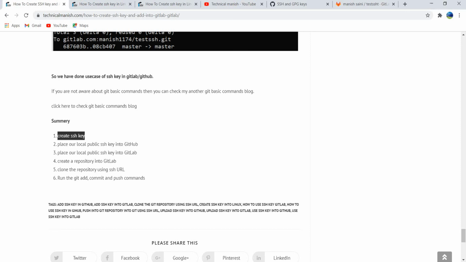I have already created a video for this, and how to place this SSH key into GitHub and GitLab, and how to create a repository in GitLab. I think if you have seen my previous video, you are already aware of it. And we have cloned the repository using the SSH URL, and we have performed some git commands.